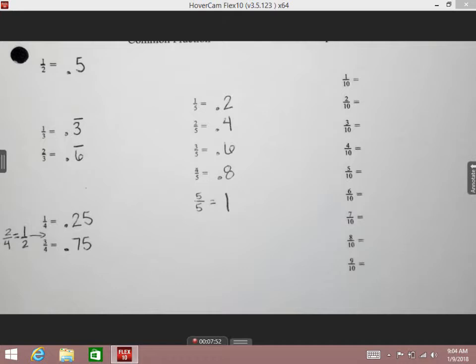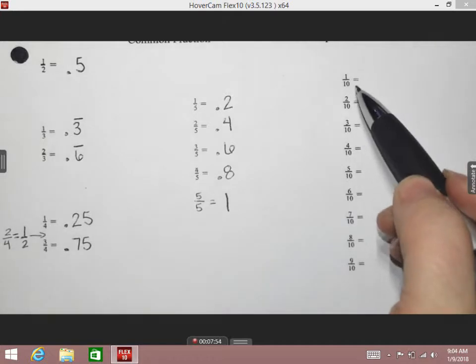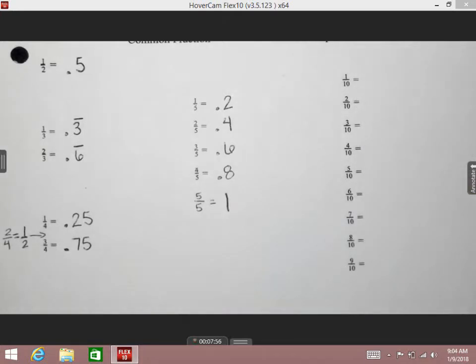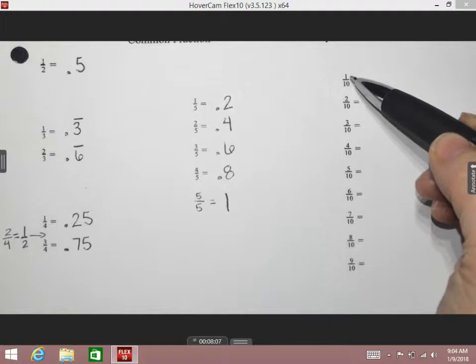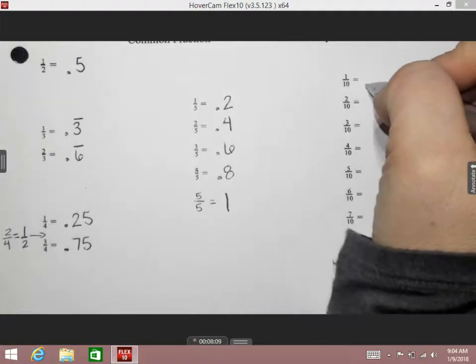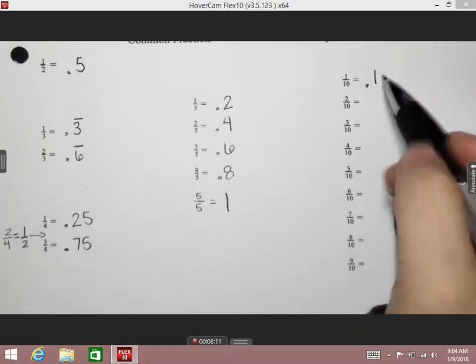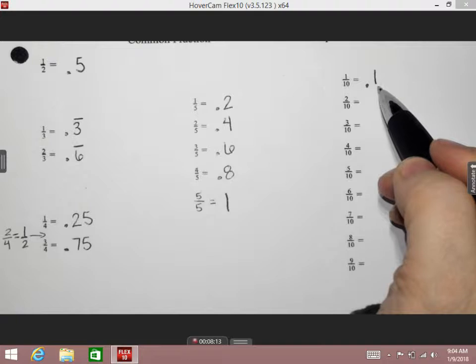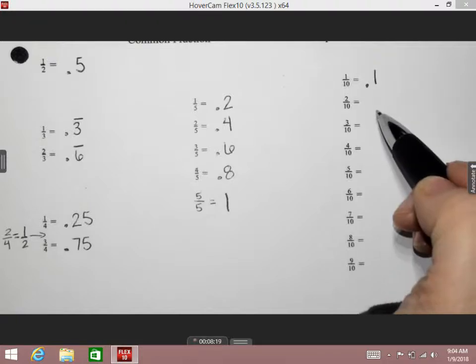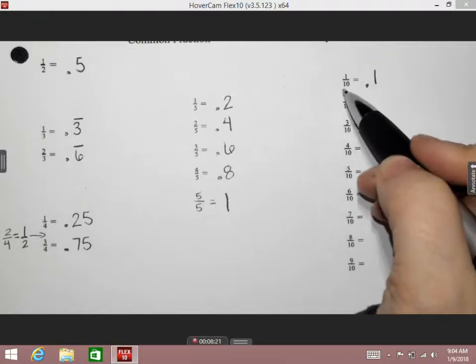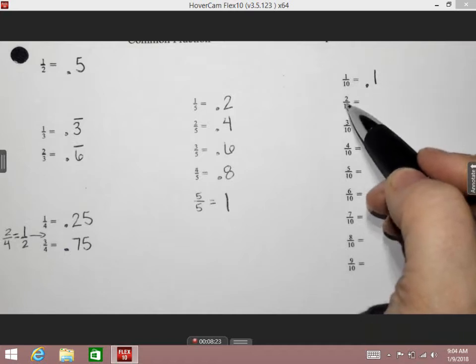All right, so our tenths, guys, our tenths should be really easy. What is the first number in the decimal place? What place value is that called? The first decimal place, what is that called? Taylor? The tenths. How would I read this? 1/10. So that's the same as having a 1 in the tenths place, because this is technically 1/10 because it's in the tenth decimal place. 1/10. 2/10 would be